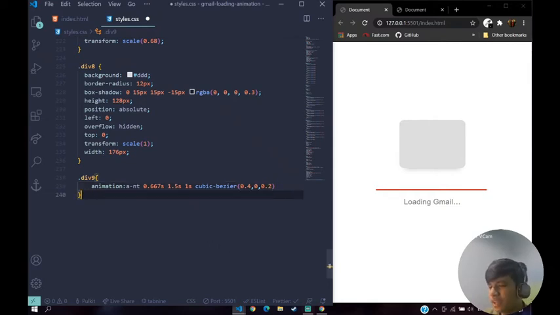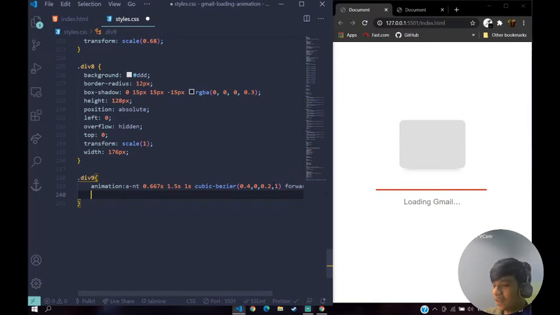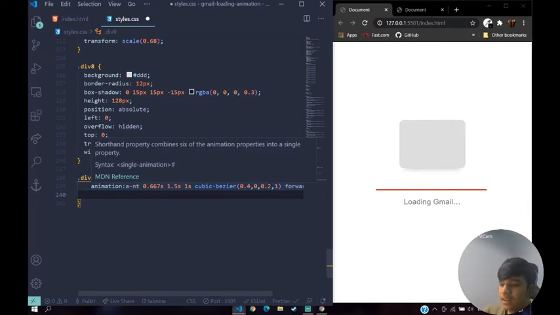Guys, if you are getting confused about what these numbers I'm typing are, Google it, all your confusion will get cleared. I cannot explain this; I never found a way to explain these numbers. Google this and your doubt will be clear. Trust me, I also get this cubic-bezier thing from Google. I truly understand it, but I don't know how to explain it. If I explain it, you will get very confused. So just go to Google. Google is the best